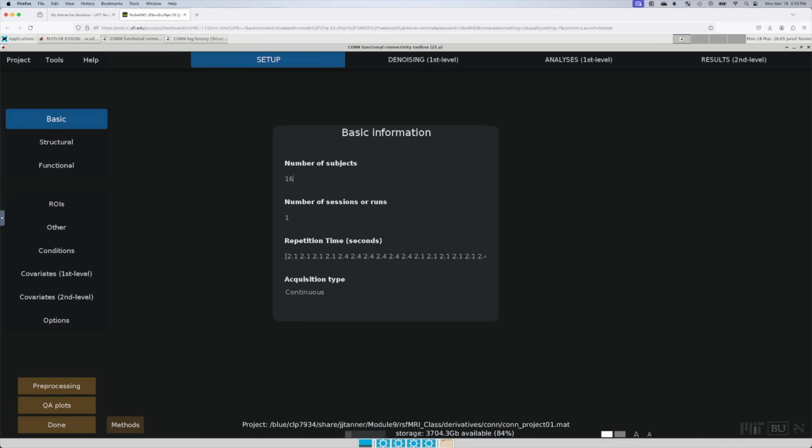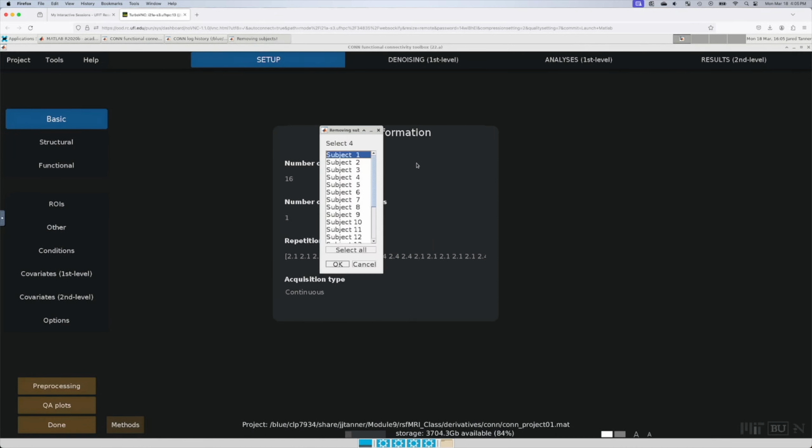So we are going to be a little bit more robust. I said we're just going to leave everyone in. Actually, we'll not leave everybody in. So change this to 16. Okay, so 3 needs to be gone, and we want to get rid of 11, 13, and 15. So 3, and I'm going to use control,